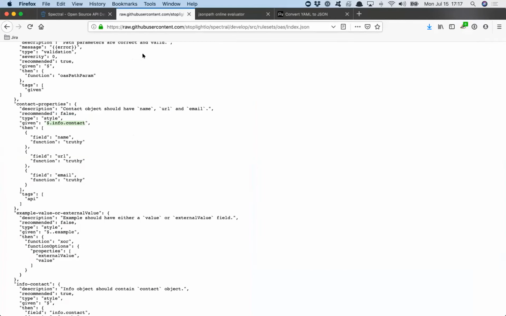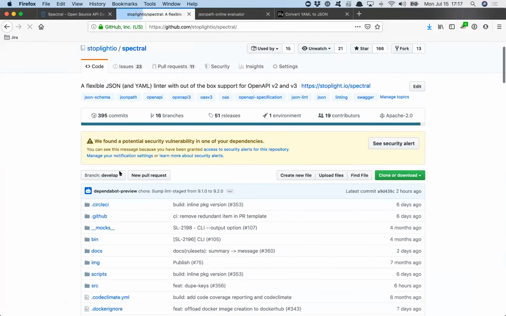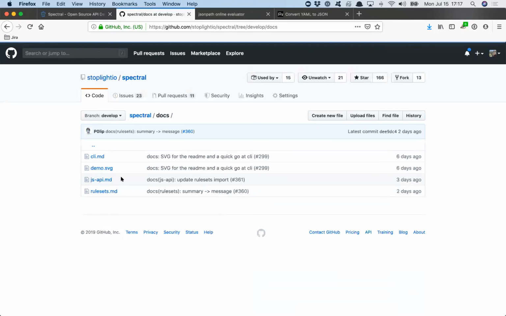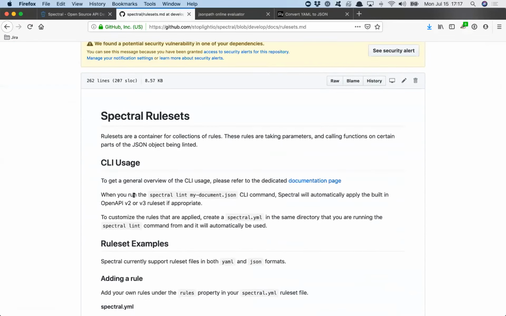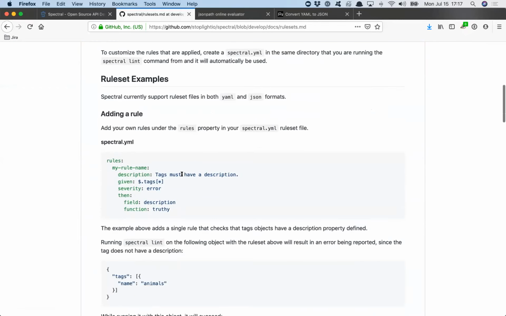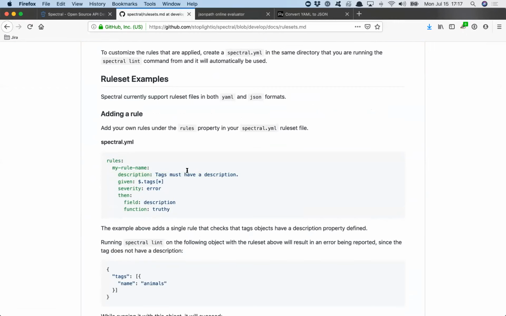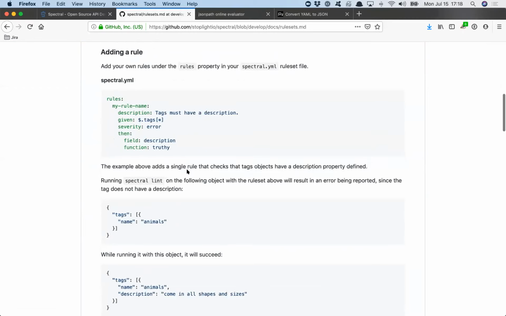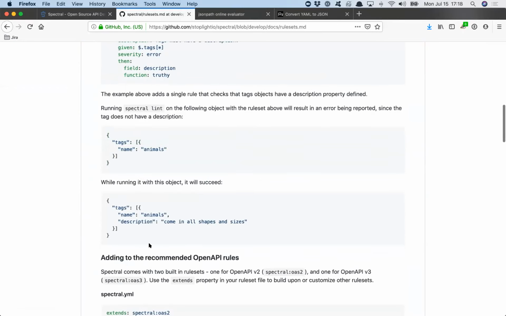There is documentation for how this works over on Spectral. We're going to get it up on the website soon. Website's still being worked on, but we have information here in the docs folder showing how you can create your own rules. So you can do it in YAML format or JSON, whichever one you want. And this one is saying, for example, tags should have a description. Tags are really useful, but they're even more useful when you know what they mean. So if you were to have just tags by itself, no good. But if you add descriptions to tags, then ta-da.